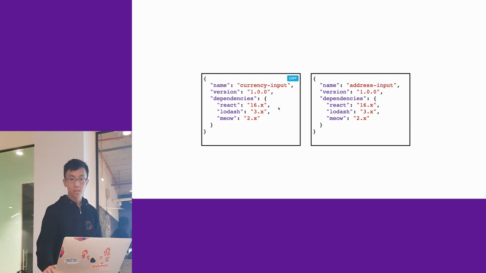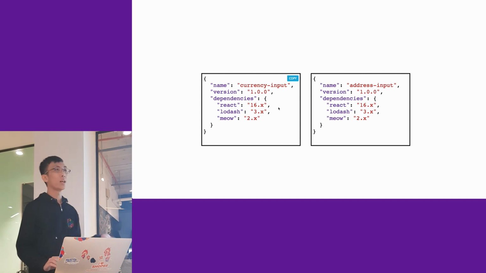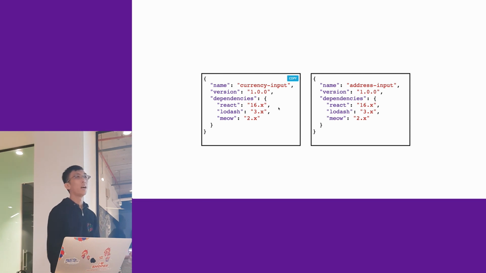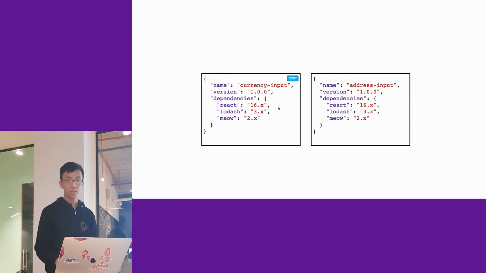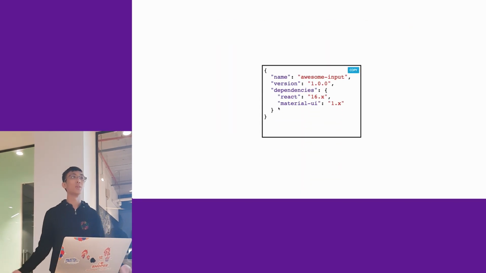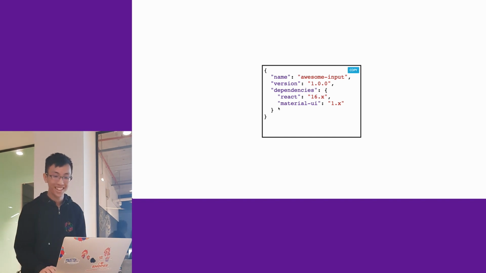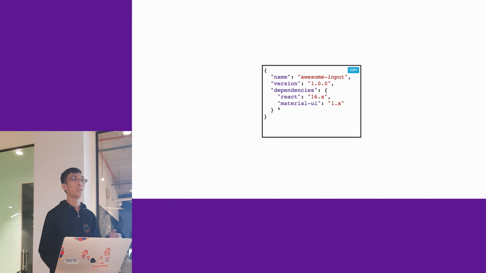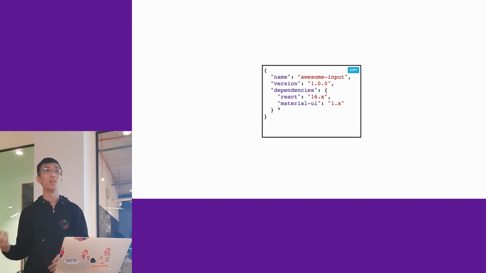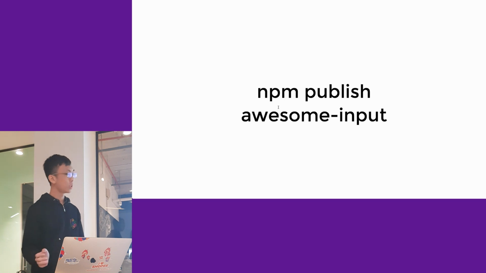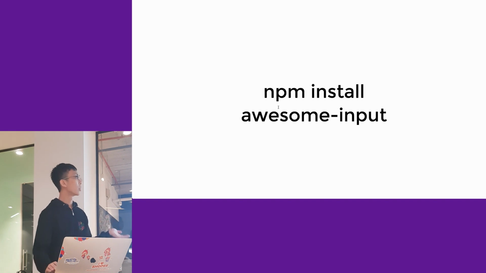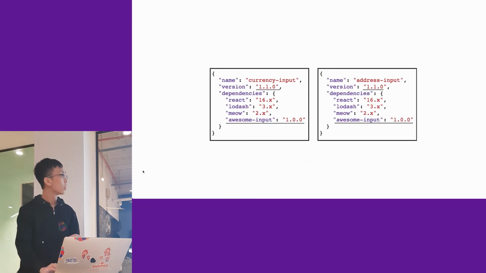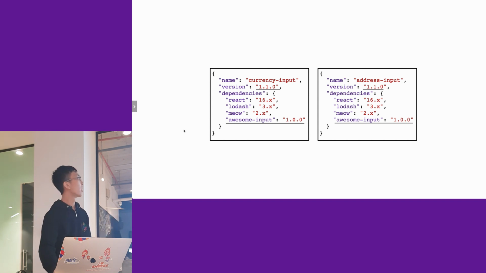And then he thinks like every developer would think when encountering this kind of situation: hey, actually I can abstract out the input styling and stuff on the UI and make it another package, an awesome input, right? So he created awesome input as a base input for the currency input and address input. He published it, and then in the currency input and address input, you will have to npm install awesome input. As you can see here, he updates the version and then uses awesome input,